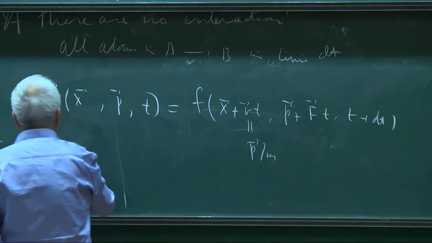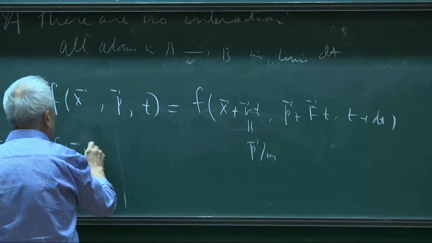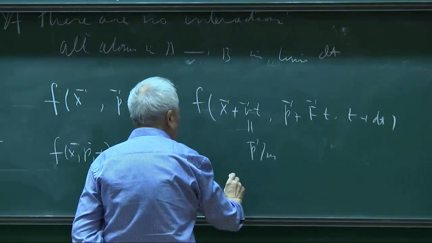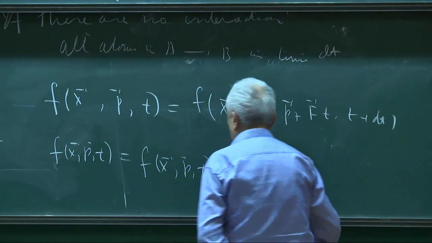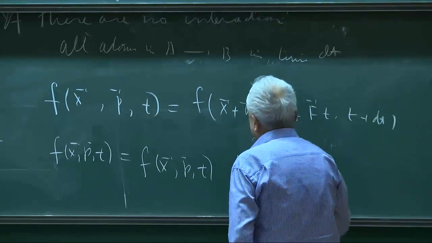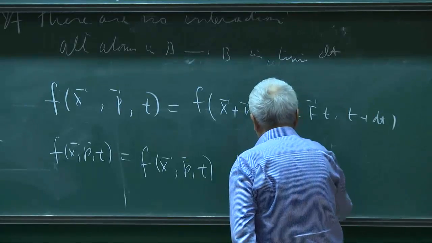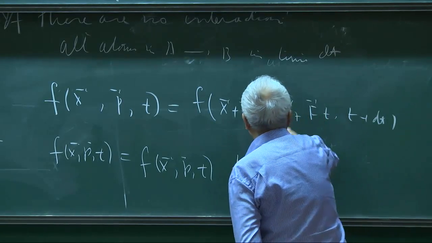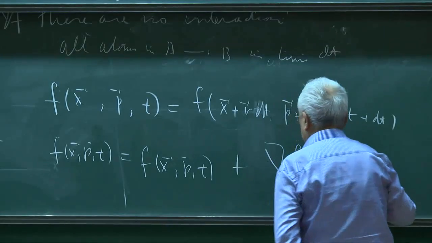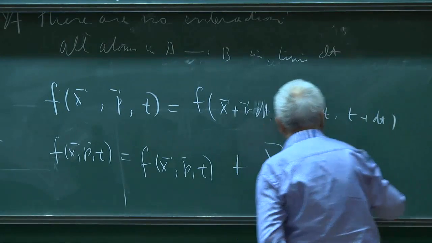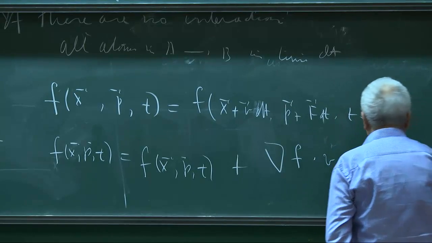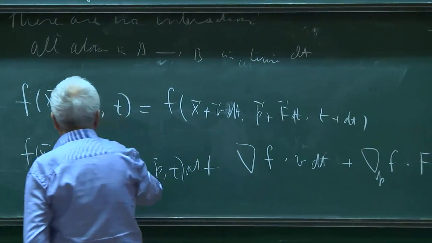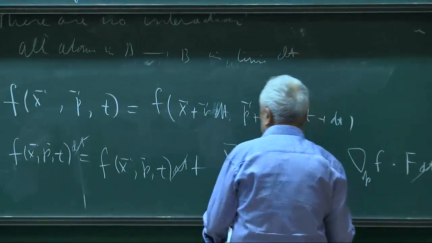And if you let dt go to 0, you expand this in a Taylor series expansion. f of x, p, t plus the gradient with respect to x of f dotted with v dt, since x is a vector, plus the gradient with respect to p of f dotted with F dt. And this is multiplied by dt, and this is multiplied by dt, and I cancel the dt on both sides. So the equation is,